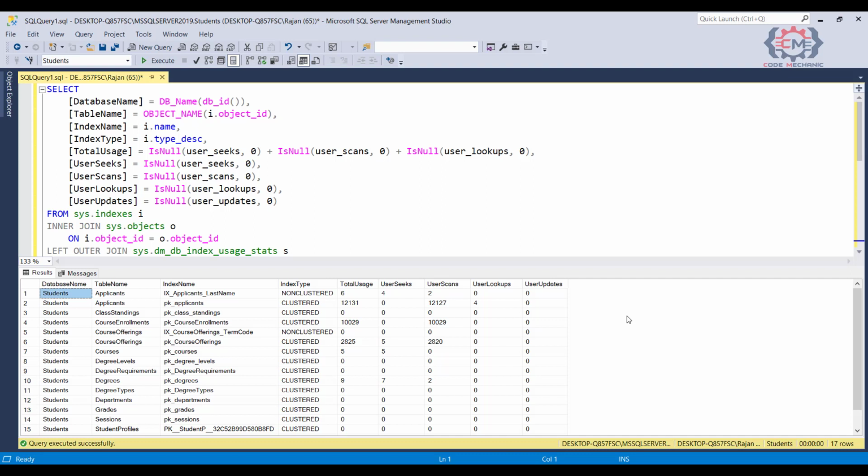What you are looking for here is indexes that have a high number of updates and very low usage, generally meaning a low number of user seeks operations. This means that we are having to update the index more often than it's being used. So, if we find one of these situations, we want to investigate why this is happening. Maybe the index has a wrong column order or it isn't selective enough. Or maybe something has changed in our application such that we are not querying a table in the same way that we are used to.